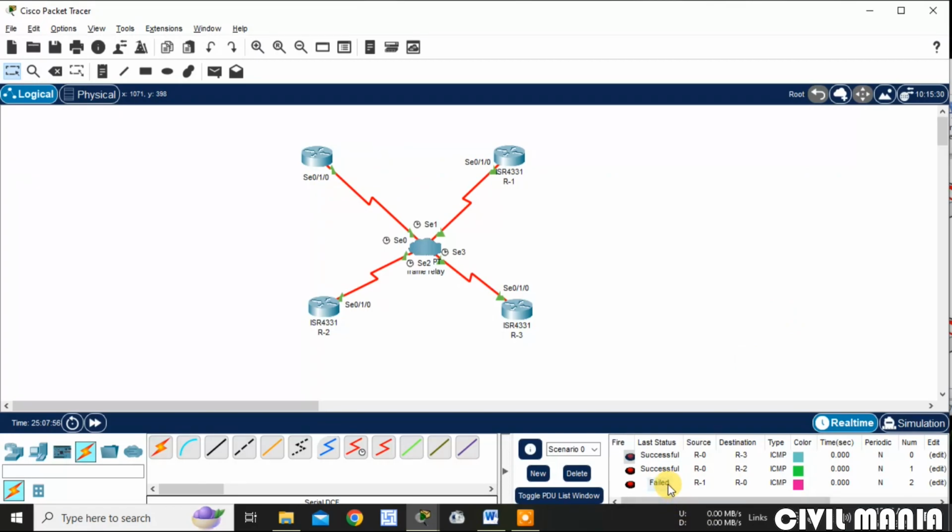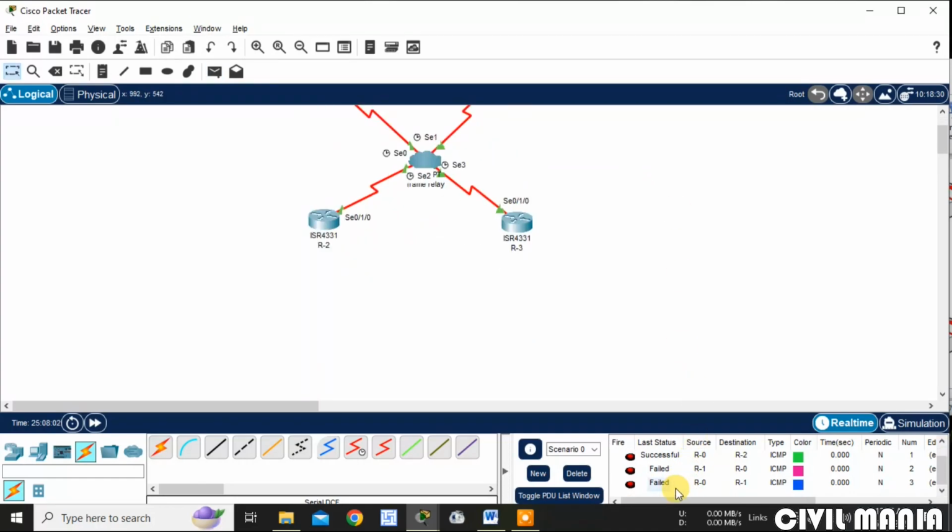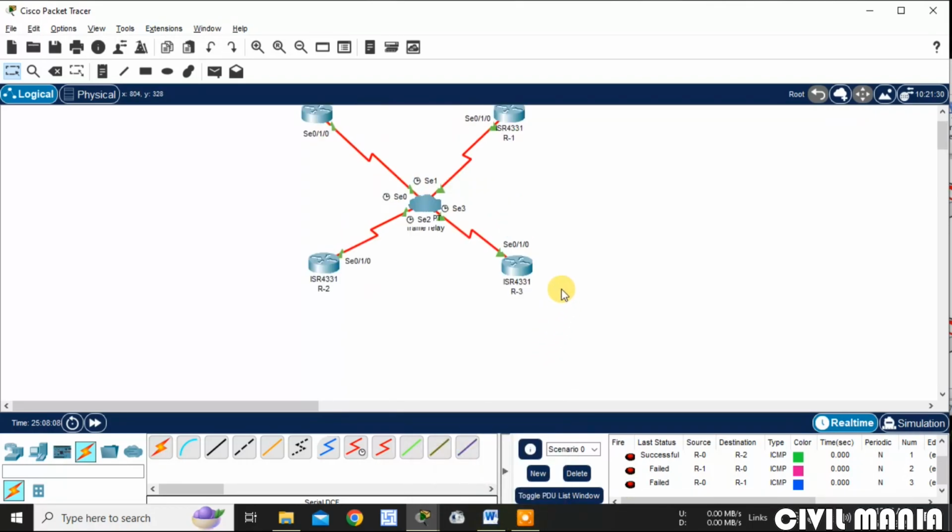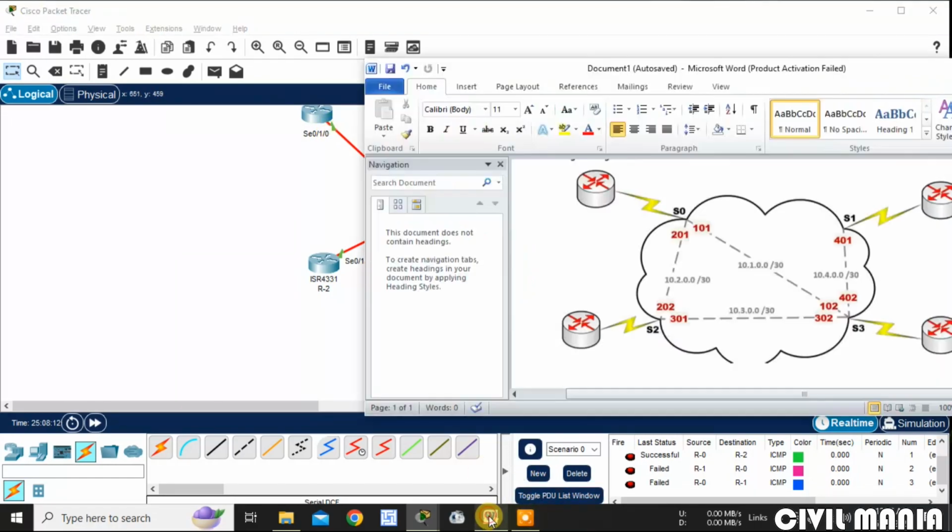From R0 to R1 it is not successful because no frame relay communication is provided between them. As you can see in this diagram, there is no communication between router 0 and router 1. This is the main reason why there is no successful ping between them.